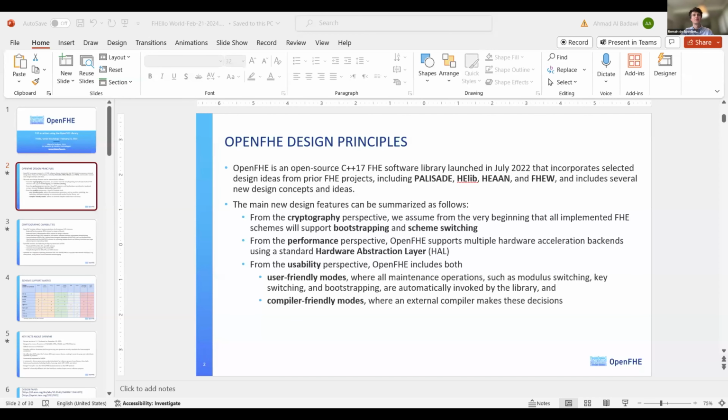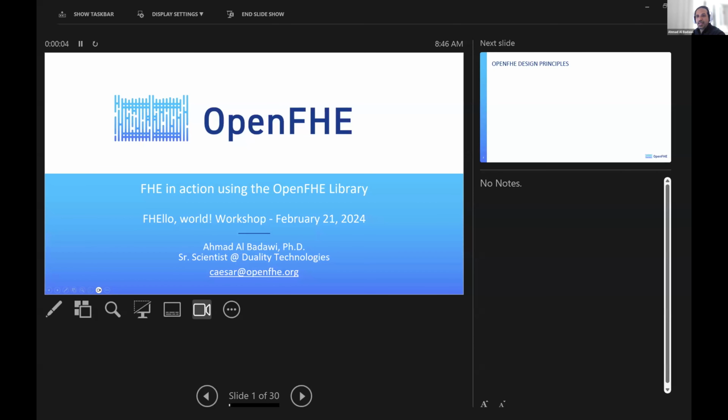Here we go. Nice. Now we got it. Oh, you still can see it, right? I enabled presentation mode. Yeah, we can see it. We've got presentation view, but we can see the screen. Okay, that's great.